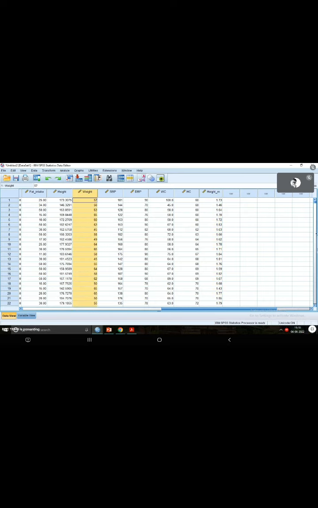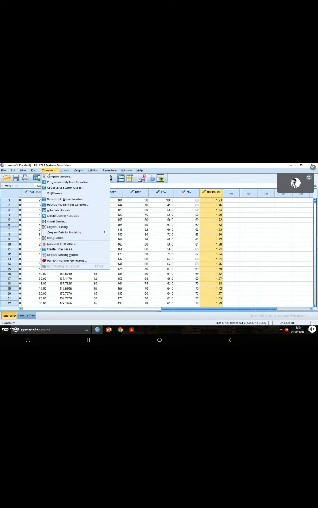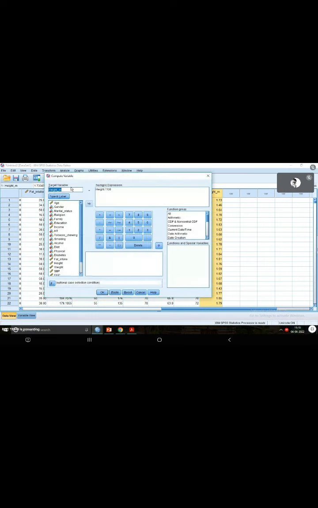Yes. We have weight here, which is in kg, and we also have height, which we just computed in meters, right? So we have both of these variables, and we can now easily compute the variable BMI, isn't it? So let's do the same thing as we have done before. As we are creating a new variable, go to the option Transform, Compute Variable, and now let's specify a new variable name, that is body mass index or BMI, and let's type in the expression here.